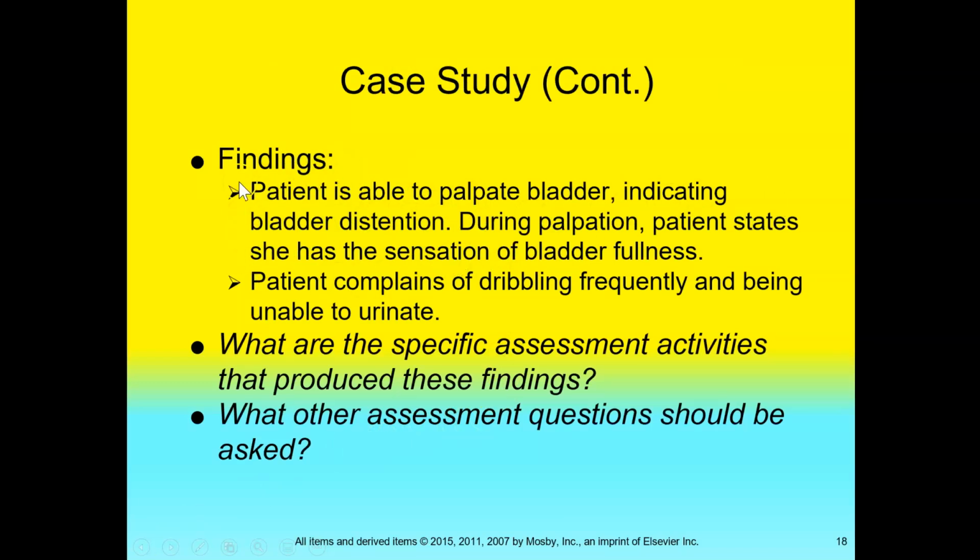So, with the case study, the patient is able to palpate the bladder, indicating bladder distension. During palpation, the patient states she has a sensation of bladder fullness, and complains of dribbling frequently and being unable to urinate. What are the specific assessment activities that produce these findings? Okay, so you want to know what other things you did. Did you do it via Doppler or bladder scan? Were you able to, like they said,